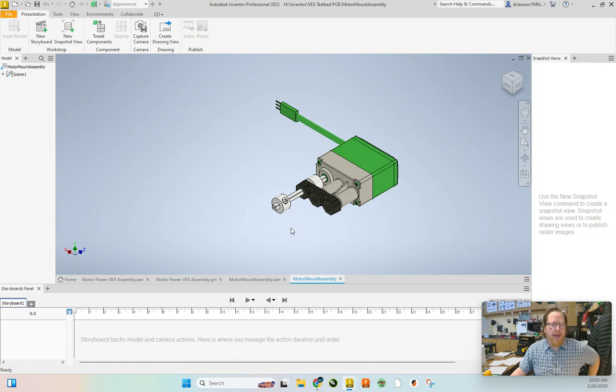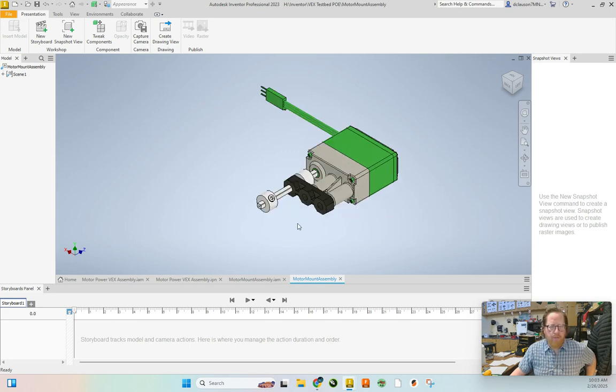Now, to do some planning here, I'm demonstrating with a fairly simple assembly because I only have one motor, one shaft, two shaft collars, and a bearing. So it's only 5 parts. And I think I'll have the motor just stay right where it is. What I want to illustrate in this presentation is how a shaft goes onto the motor, how the shaft collars come on. I'll probably have this shaft collar come onto the shaft after the shaft is connected to the motor, and then I'll have the bearing come on,